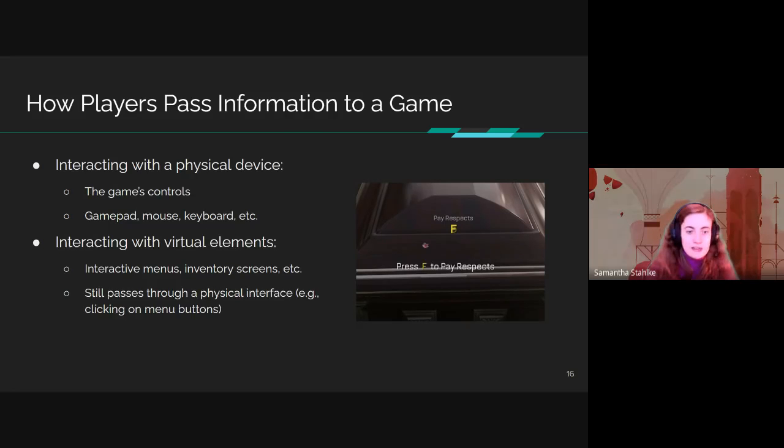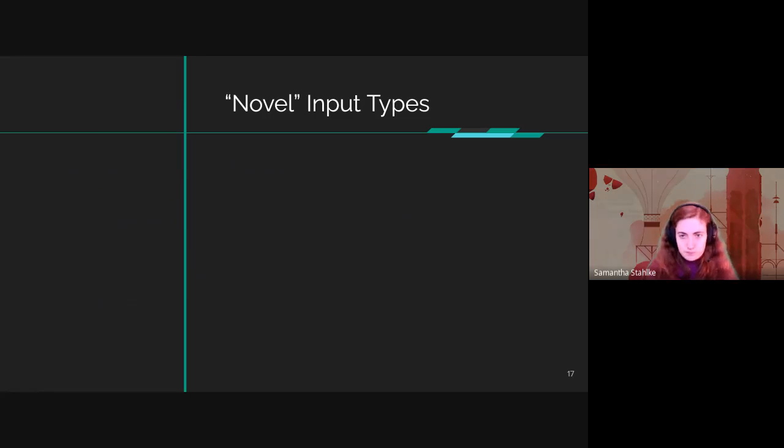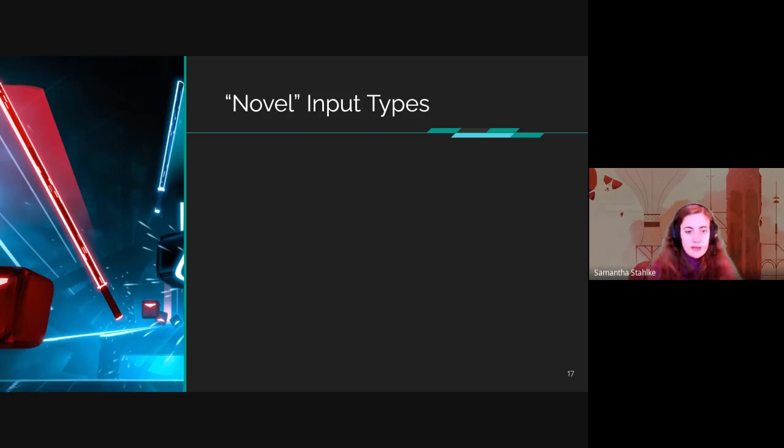So for example, clicking on menu buttons with your mouse or tapping on a touch screen, there's still a physical layer involved. Now, these aren't the only ways to input your intent into games. They are the most common. Probably 99% of the interactions that you have on a daily basis with games at all will follow this general format, where you have a physical device that's a controller or a keyboard and mouse or something like that, and